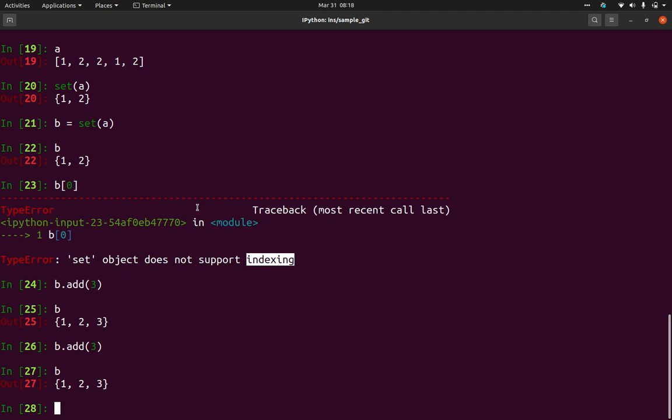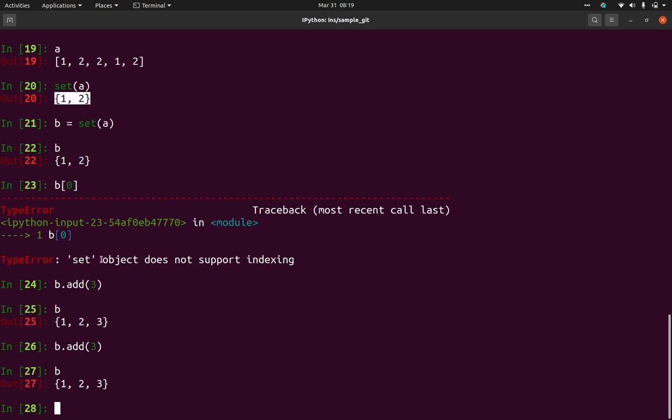Even though, sets are highly useful, because whenever you want to get unique values, you will just convert it into sets. So I have a list, I want to get the unique values, we will just use the set method. Use this particular function, it will directly convert it into a set. You will get all the unique values. This will be very useful, but we don't have a lot of methods in this.